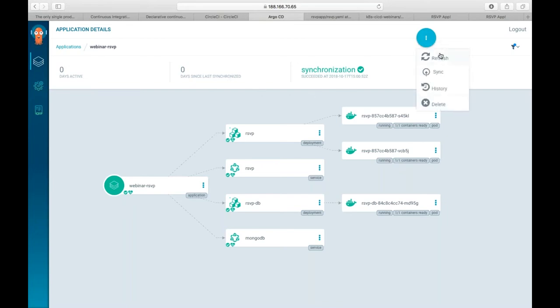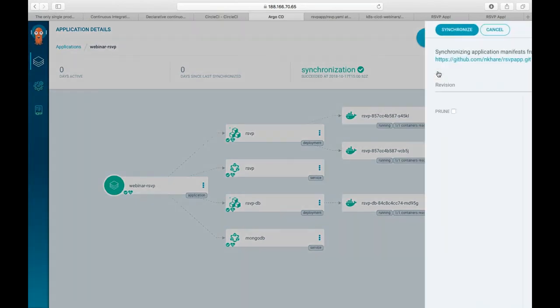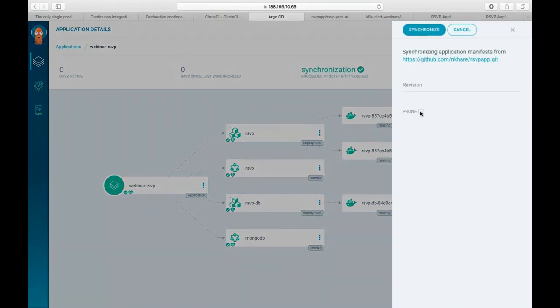So what we'll do here is we're going to click on the icon here and say sync. And then we'll say enable prune as well. The prune means it's going to destroy the previously created pods and let us synchronize. And what you will see once I hit the synchronize button, you would see the pods would come with a newer version, or pods would get deployed using the new images, what we have as the dev release, right? So let's hit the synchronize here.